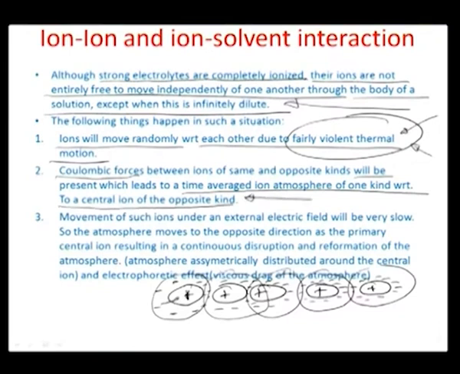In this case it is the positive central ion, and the time averaged atmosphere is a negative ion. And this is a distribution which will almost always happen when you pour such an ion pair or an ionic solid, governed by Coulombic forces, into a solution like NaCl in water. So Na plus and Cl minus, and then water comes in between. Water molecules, because they are high dielectric, get in and engulf the Na plus and the Cl minus, and they seldom allow them to come together.